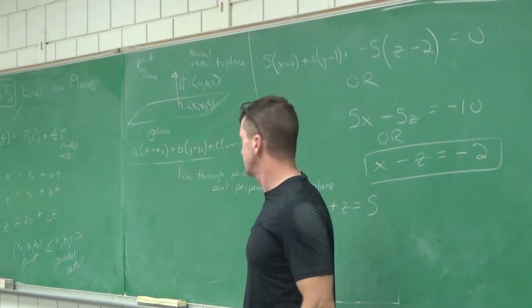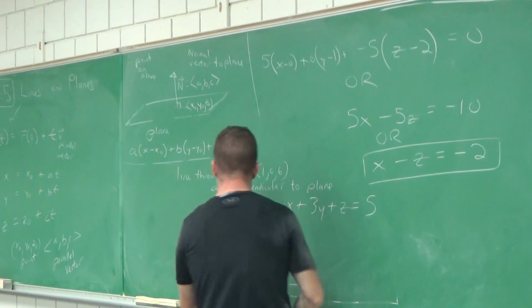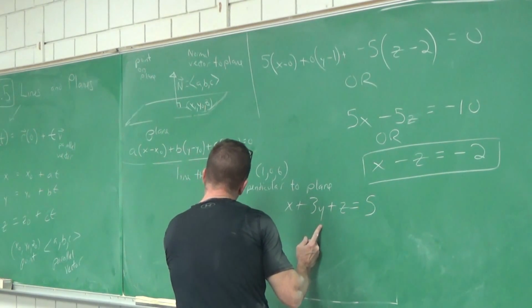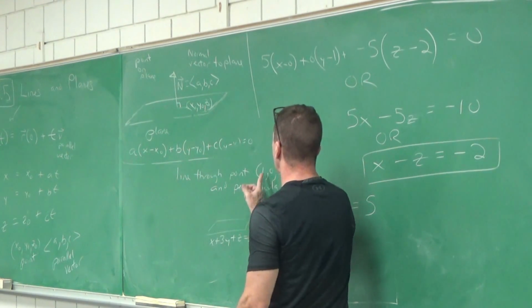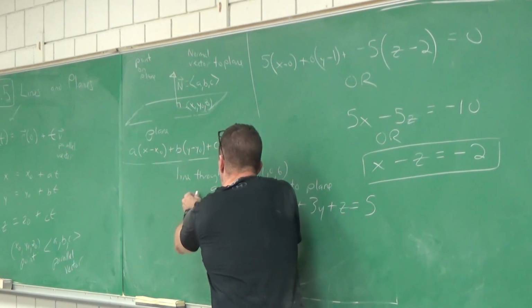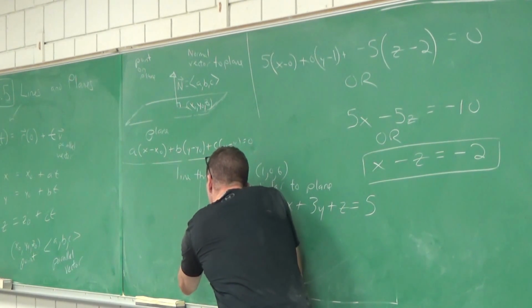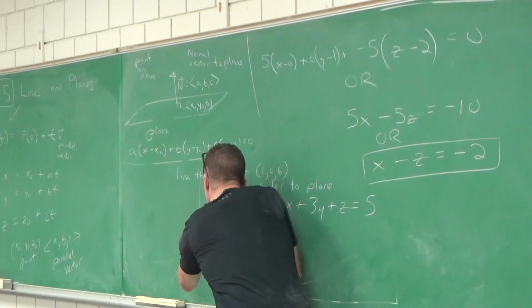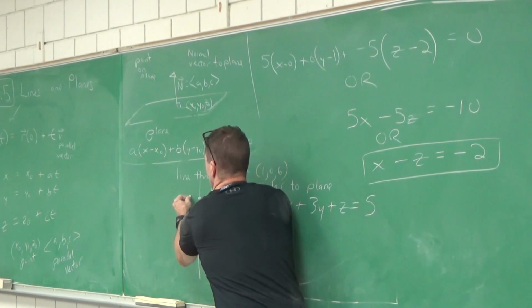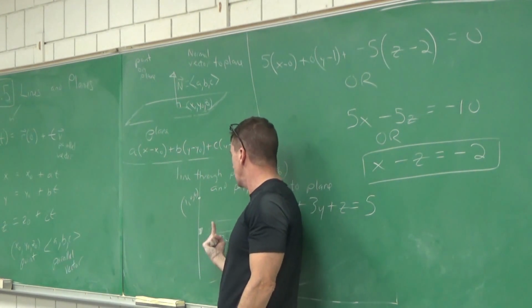Just make a little picture. Start looking at this and see what you got. There's some plane here. What's the equation of the plane? I'll just write it. x plus 3y plus z equals 5. I'll find a line to some point. There's some line just going like this, and it's got to be perpendicular. I'll put the line over here, running 90 degrees out here. There's the line, and there's some point on it. What is it? 1, 0, 6. But if I could only find a vector that goes like that.